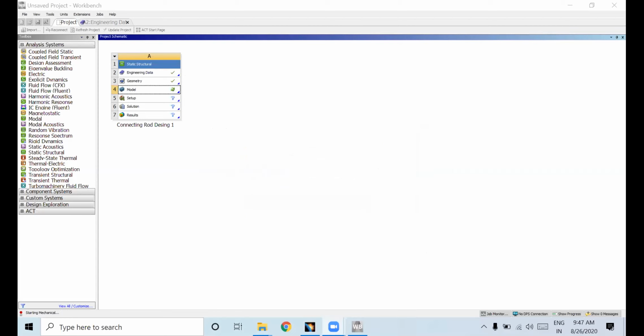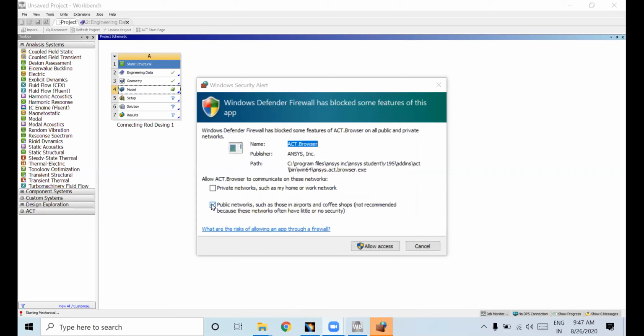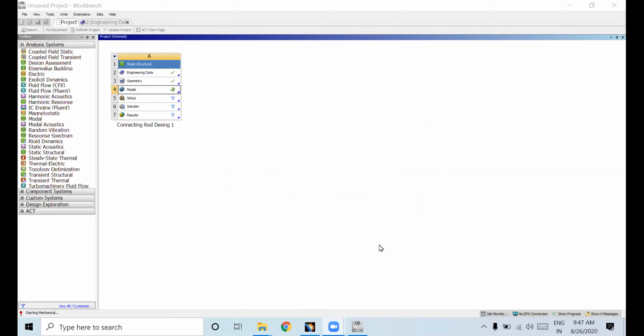Okay, no issue. Just check off this and give cancel. Here it is starting mechanical. Until it opens, you have to wait.